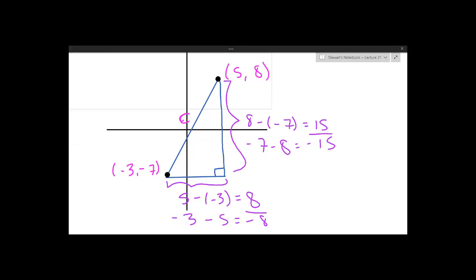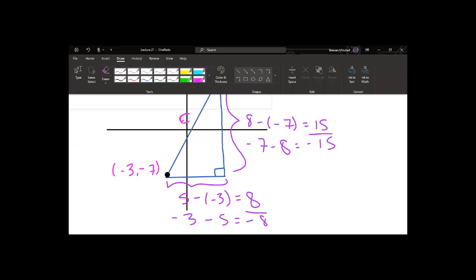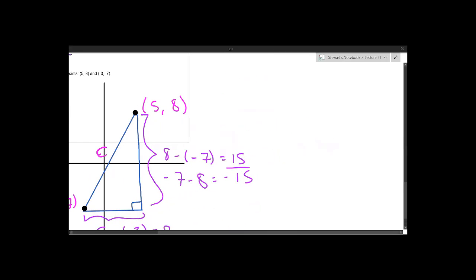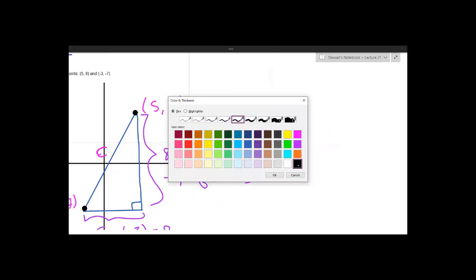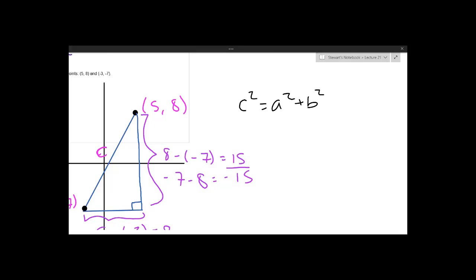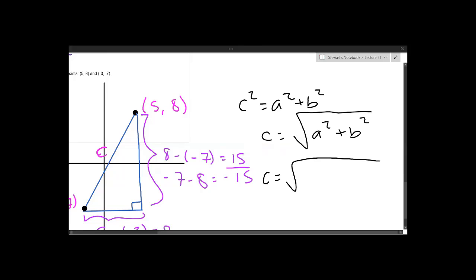So you can use the Pythagorean theorem now to solve for the missing side, or for the distance between these 2 points, or the c value. And by the Pythagorean theorem, we have c squared is equal to a squared plus b squared. So c is equal to the square root of a squared plus b squared. So c then, in this case, is equal to the square root of, and a and b can be either one, you can interchange them, 8 squared